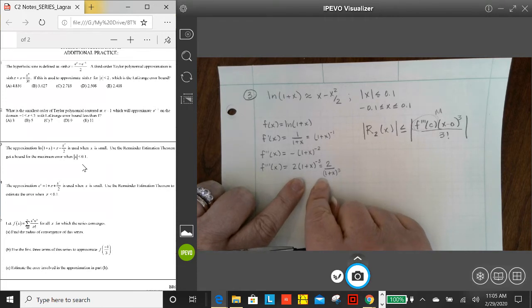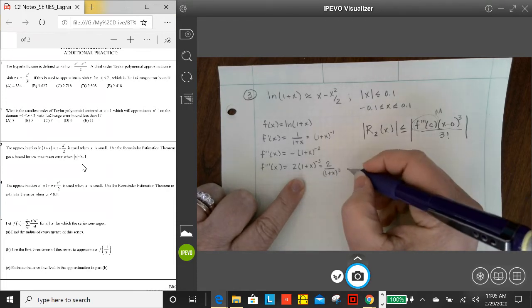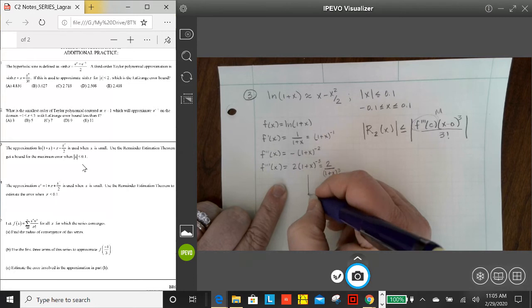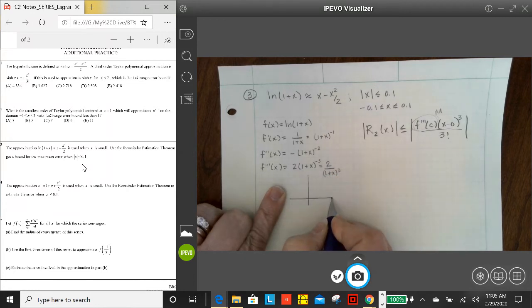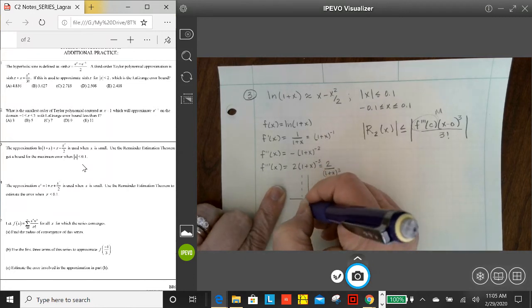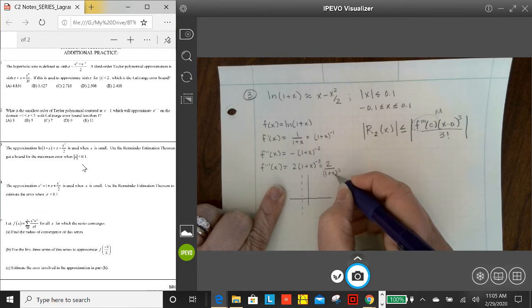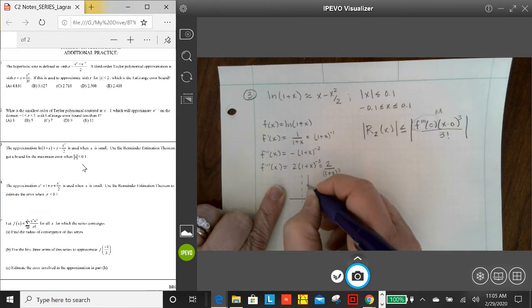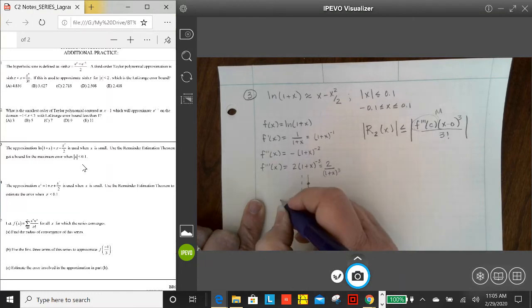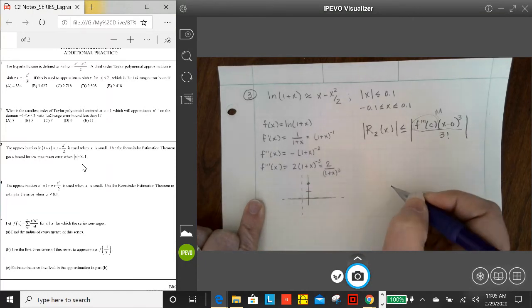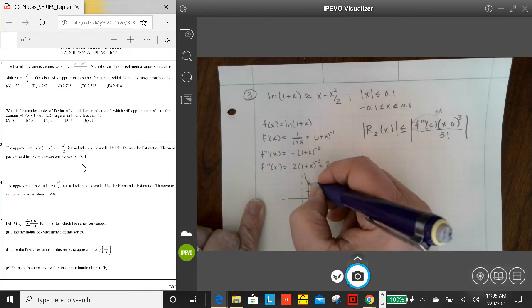what this function looks like. Well, it's a rational function, and it's got a vertical asymptote at negative 1. And if I put 0 in for x, I get 2. So up here we got a 2. And then we have got a horizontal asymptote at 0. And clearly this function is going to look like this